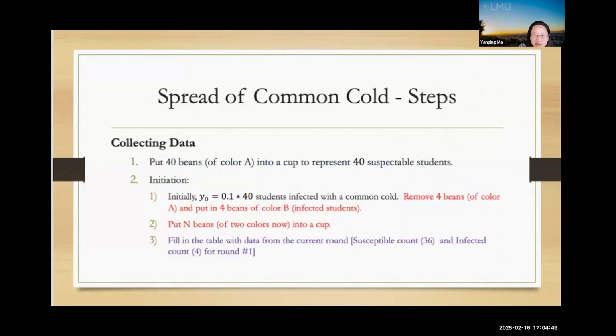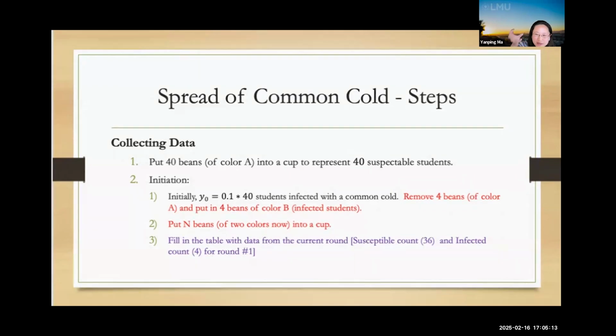They first count 40 beans, put them into the cups, and then set a subset of them to represent infected people. For example, they can remove 4 beans of a particular color and change them into a different color, and those represent the infected group.